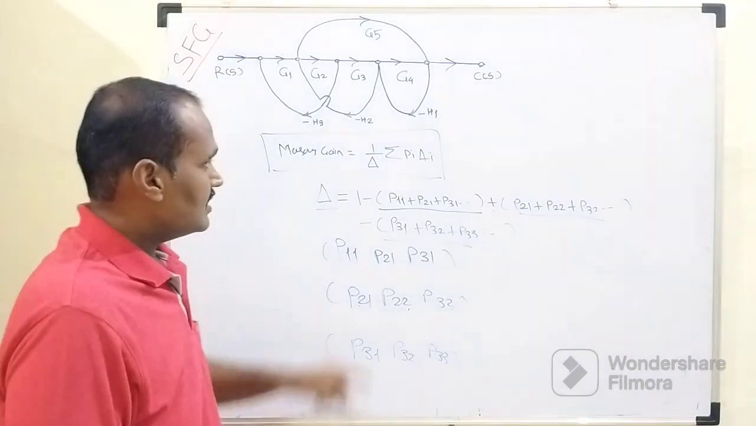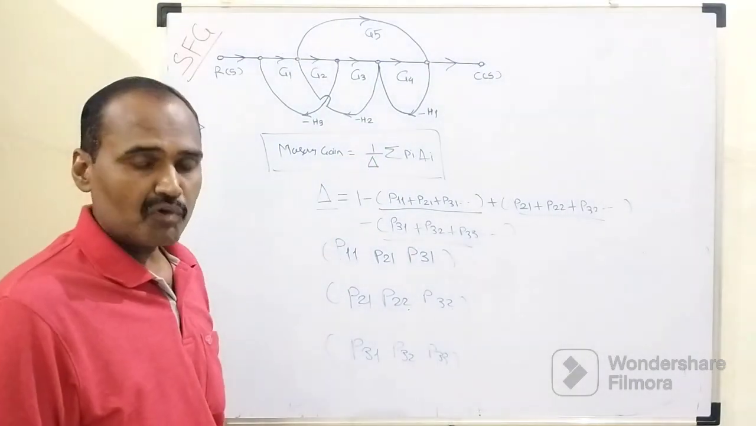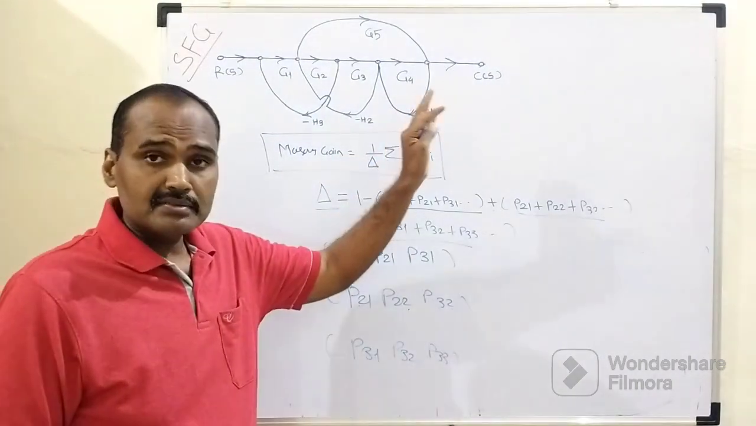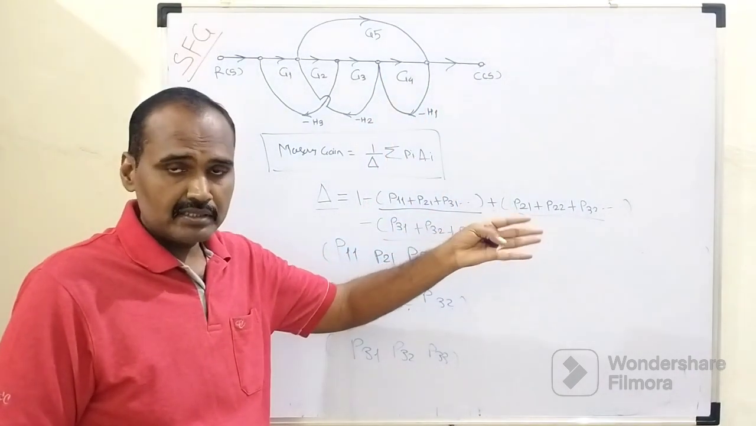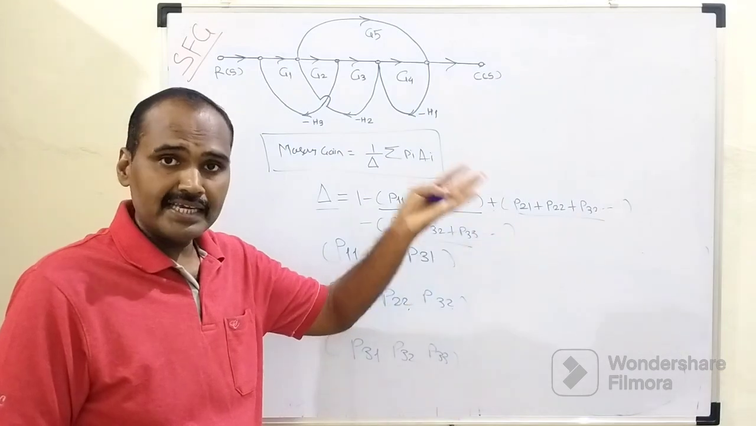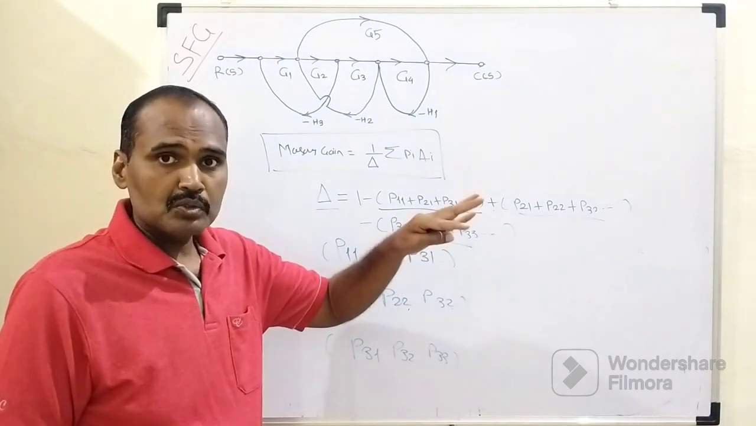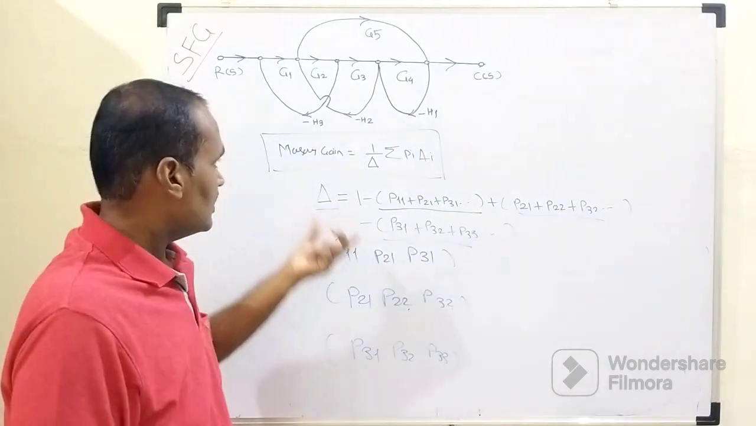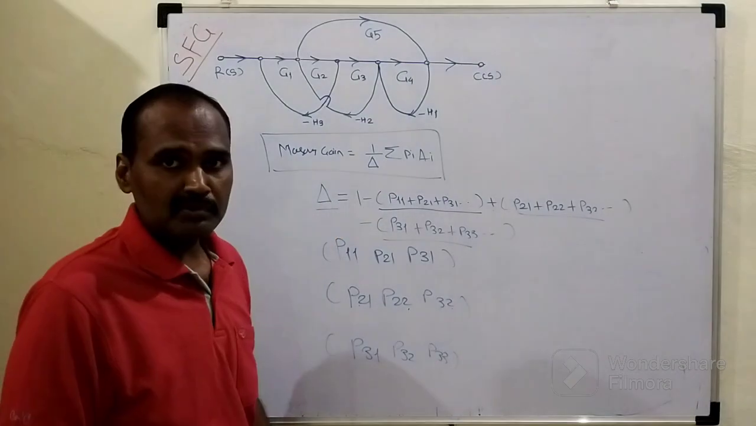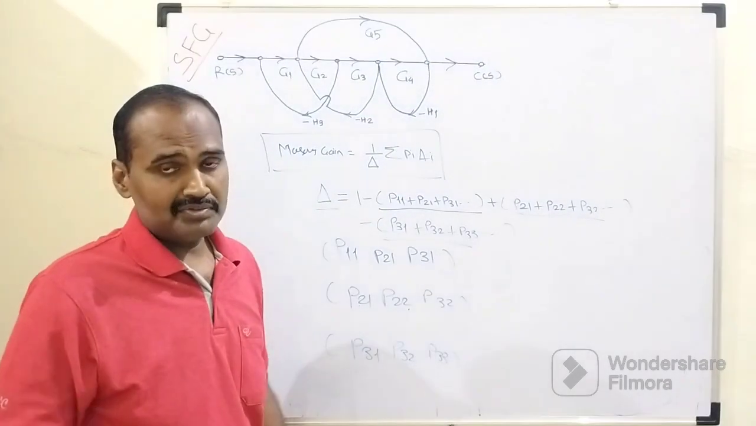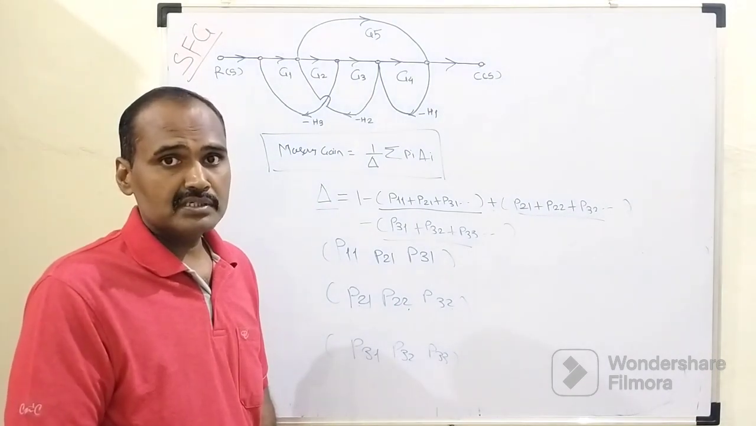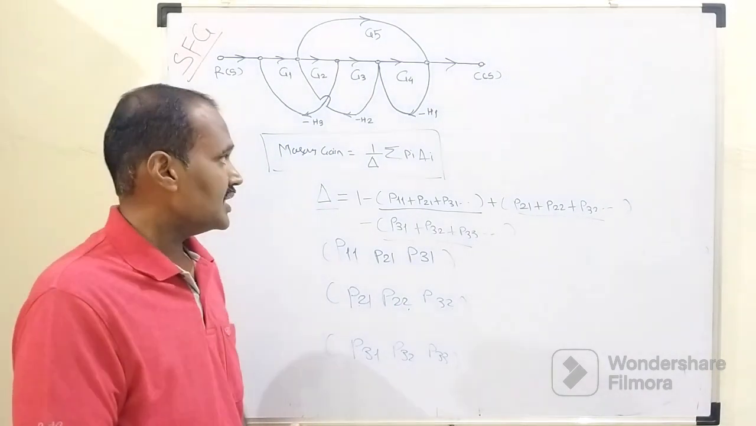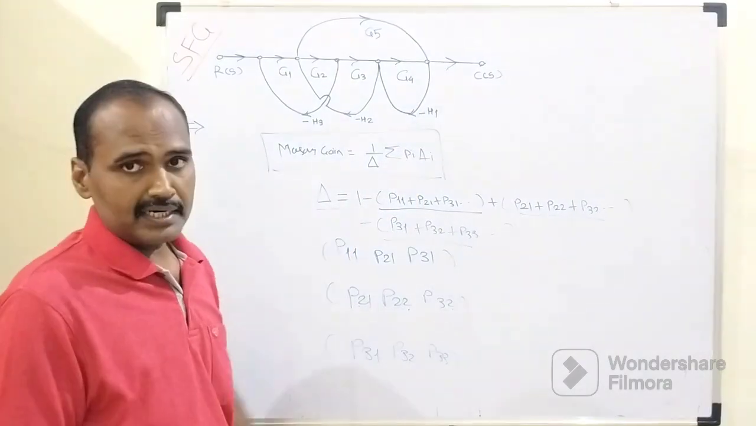So basically there are three parameters in Mason's gain formula. This method was invented by an American scientist named Samuel Mason, in the 1950s. On behalf of his invention, the name given to this formula is Mason's gain formula, which is used to tabulate the overall transfer function of the signal flow graph representation technique, right? Now the second parameter is